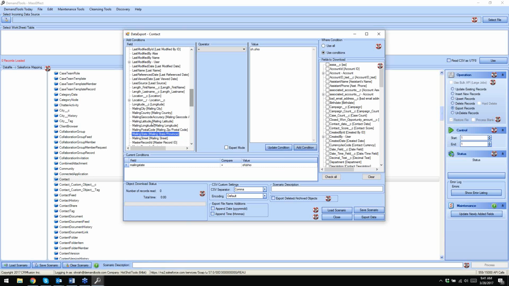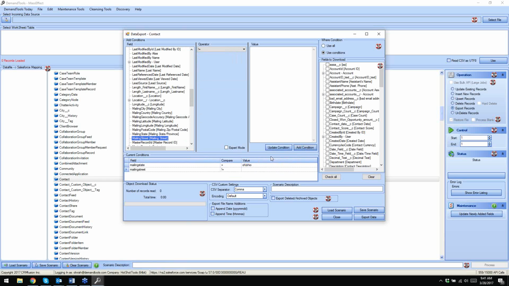I could also say things where the street is not equal to blank. So I want it to be in the state, and I want to ensure that I get data where the street address is populated. Okay, so I can make whatever stipulations I want here. If I wanted to OR conditions together, so if I'm like, yeah, it's fine, we'll get these in Ohio where the street is not blank, or I want to get things in Ohio where the phone number is not blank,